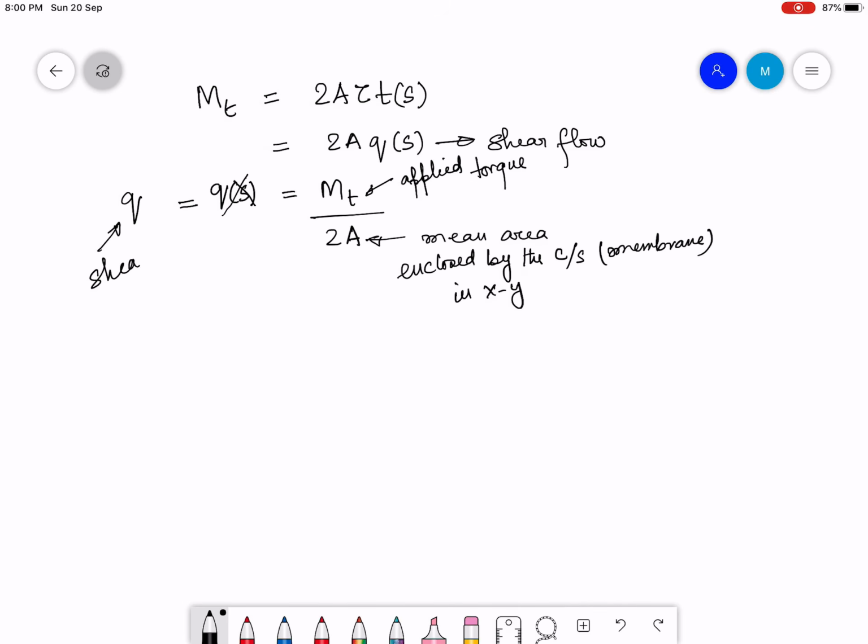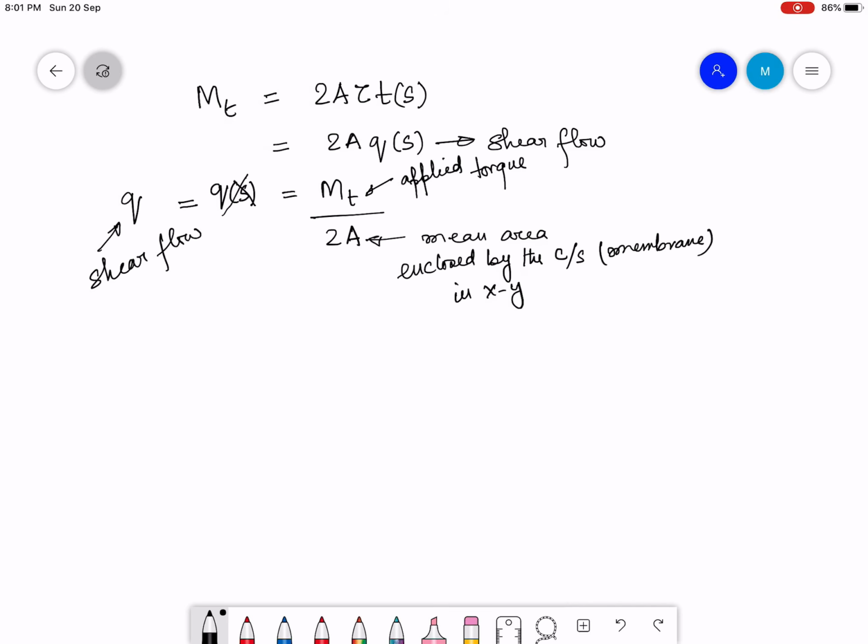So you should be thoroughly acquainted with and understand that shear flow is a variable which is going to remain constant all along the cross section of a thin wall closed cross section shaft. Though it is coming from an approximation, that's a good approximation, so we don't mind it. It is going to differ from the real accurate analysis by a very small percentage if the cross section is truly thin wall.